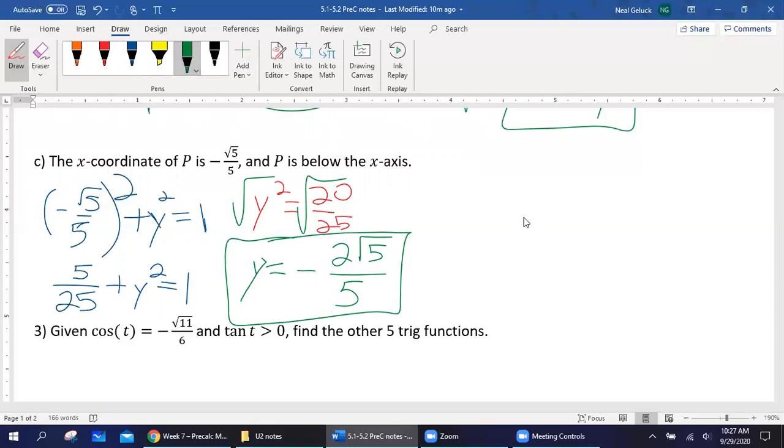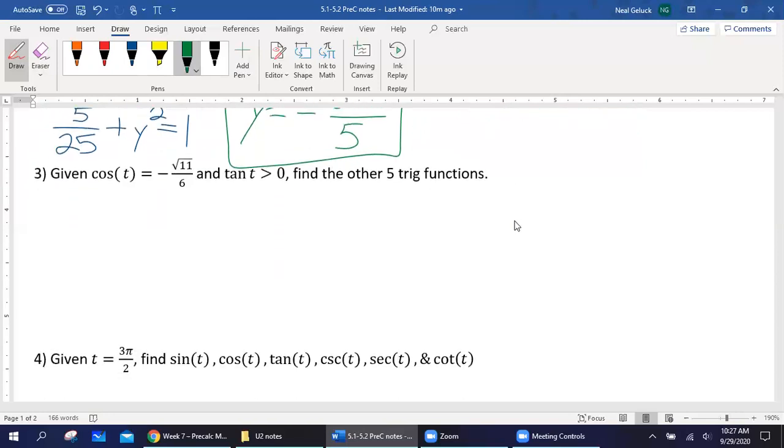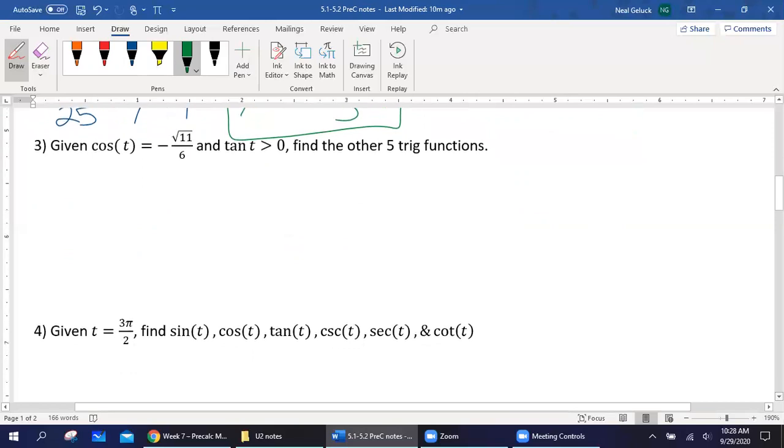Now, where does this come into play for our trig stuff? This gives us another option for finding the trig functions if I'm given one of the functions. So don't worry about writing this down at first, this first part here, but the way we were doing this previously, which still works, it doesn't matter to me how you do it,